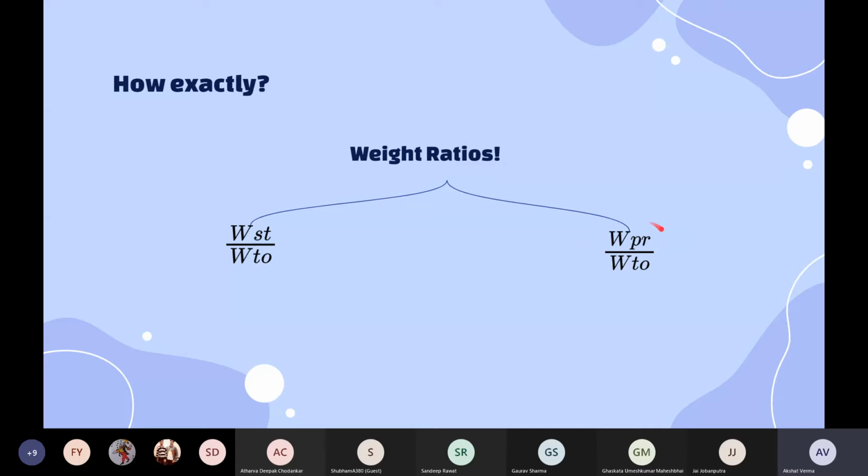This is the weight of the propulsion system divided by the weight of the total aircraft. Why do we use this? This is something we get majorly from the historical database, because we take many planes, which have different total weights, and we calculate the ratio of the structural weight or the propulsion system weight with respect to the total weight of the aircraft. That's why we use ratios here. We can't directly use the exact values of structural and propulsion weight.